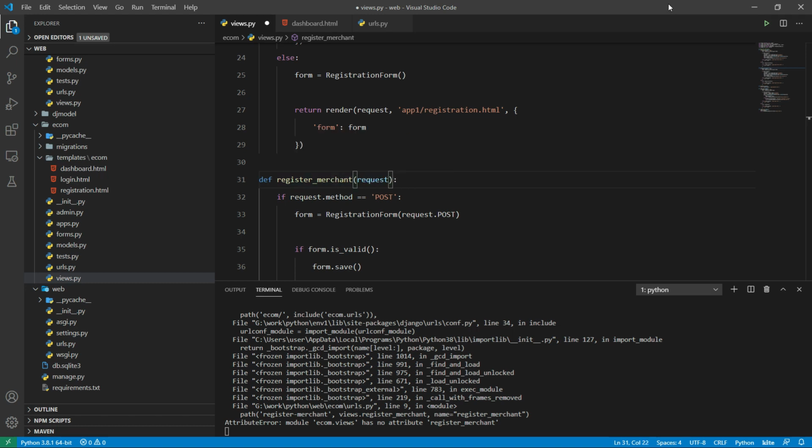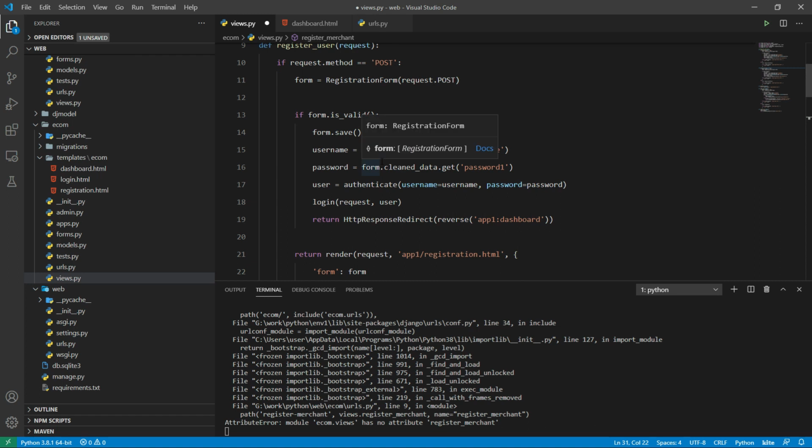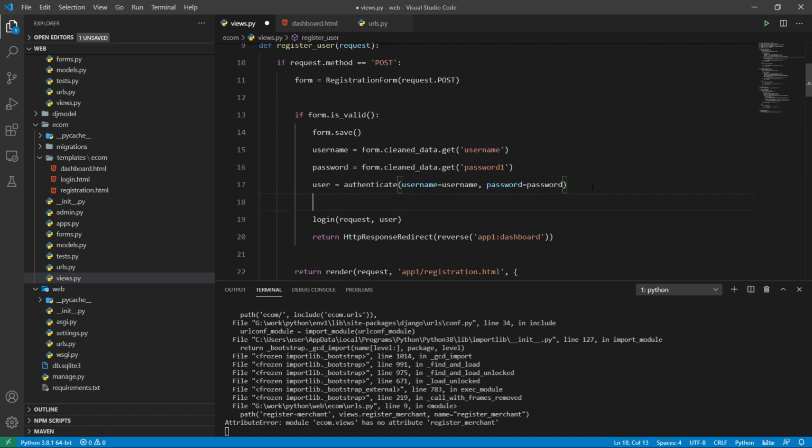Now for a merchant, we are going to add the user to the group seller, and for the user, we are going to add that user to the group buyer. Now here, after we authenticate a specific user,